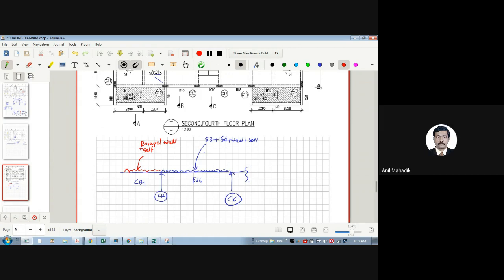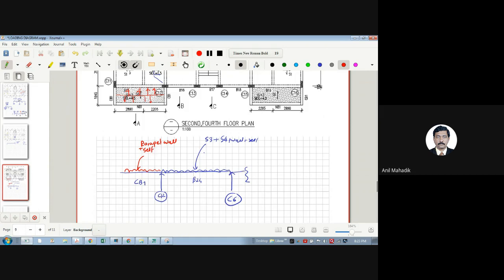How is the spanning of this S6? It is one way, right? Yes sir. So this will not transfer any load on this CB1, right? It will need to transfer on NB1, and NB1 will transfer the point load on CB. Yes. So to complete this, there will be parapet wall and self weight on the beam directly,